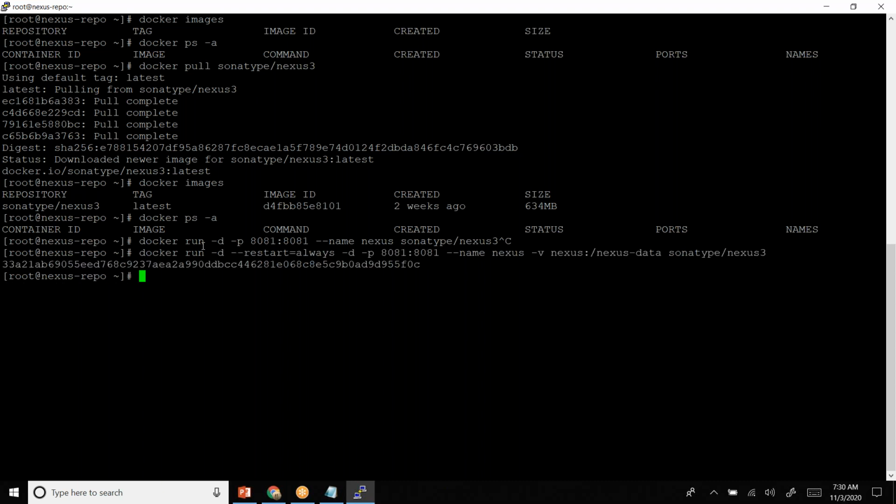What I have done is change the command a little bit. docker run -d --restart always is what I have added. When I put --restart always, it simply means that in case I have stopped it, or it is not running for some reason, or you restart the machine, it will start again. This -d has come two times, not a problem. Port number 8081, and I have given the name as Nexus. I am also storing the data with -v, which is volume. Basically, you are storing the data, and this is the name. Now if you say docker ps -a,